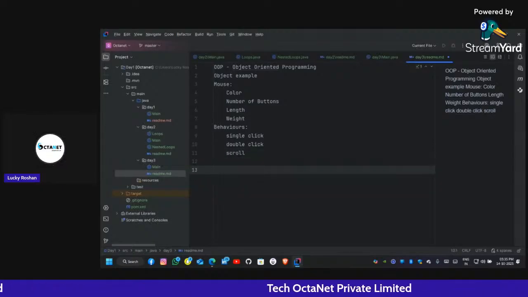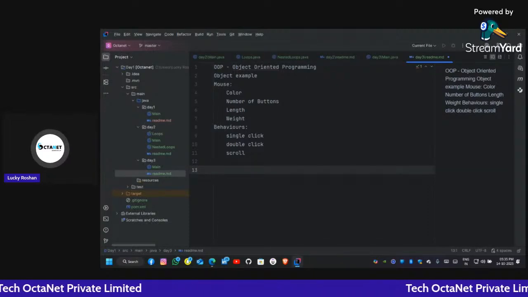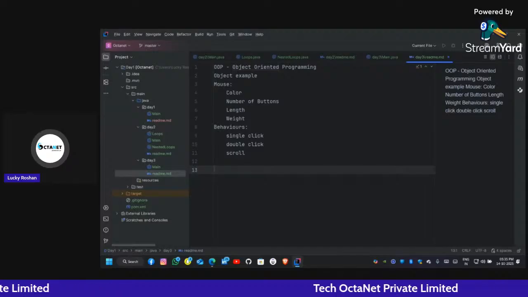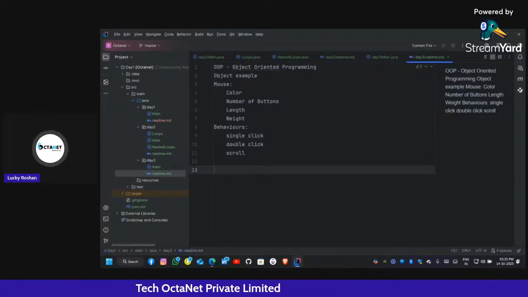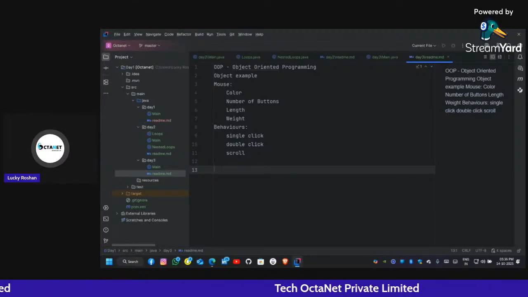In an object, the object has the particular values of the data and behavior. But the class is only the blueprint of an object. If I say only mouse, there are various kinds of mouse. If I say keyboard, there are various kinds of keyboard. If we say a particular keyboard, then the keyboard has certain values inside the data. Then it is called an object.